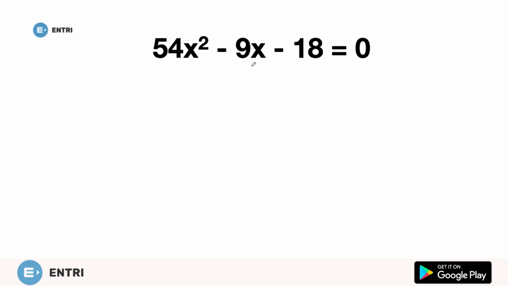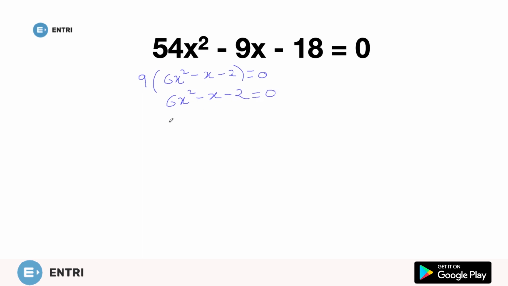So can we take something common in it? Yeah, when you take something common, what common are we going to take? You can see that the factor is 9, and when you take the common 9, it will give 9 into 6x square minus x minus 2 equals 0. 9 would go here, so it will become 0. So the equation will become 6x square minus x minus 2 equals 0.